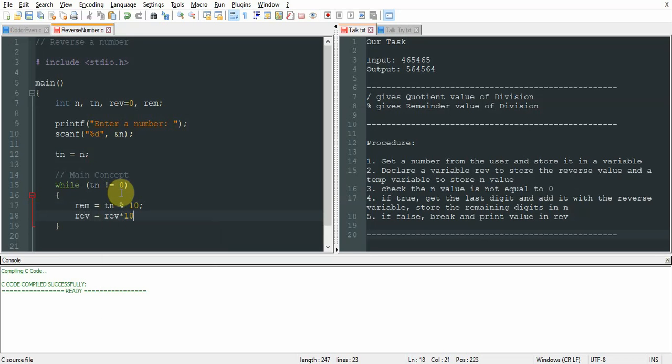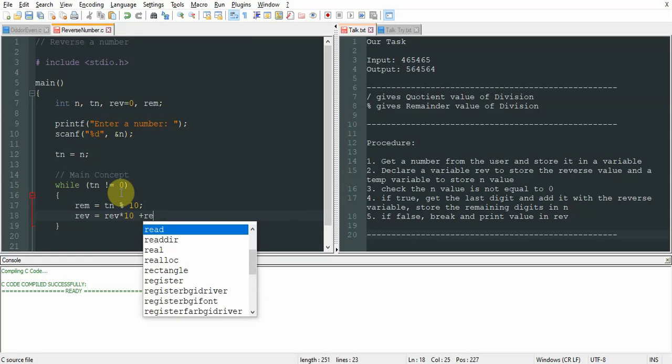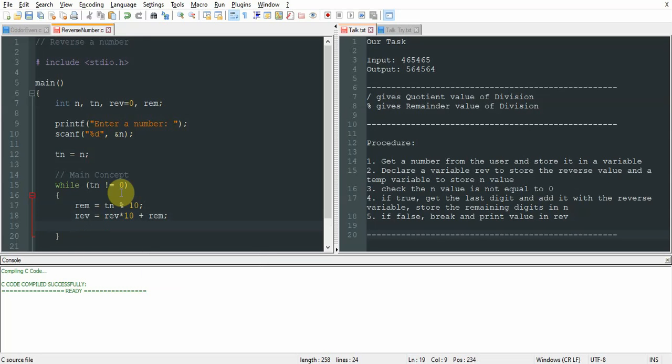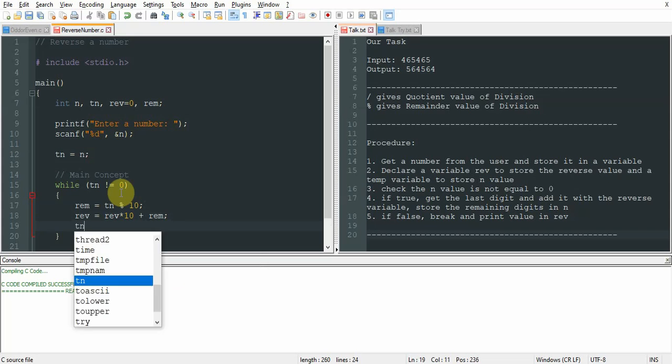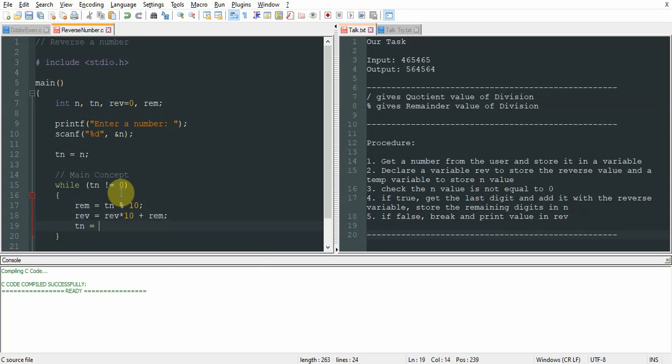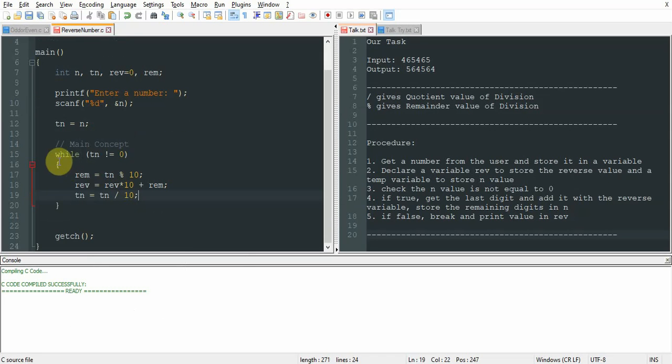Star 10 means the last digit will be 0, and the current digit goes to the last position, plus the remainder. And then we reduce the tn variable to the remaining digits. This is the main code.